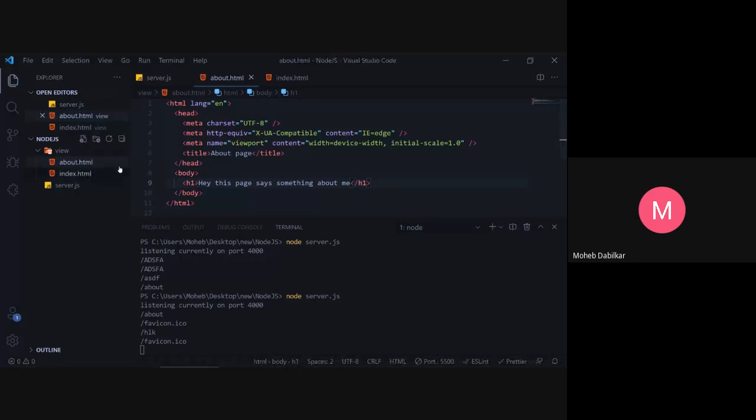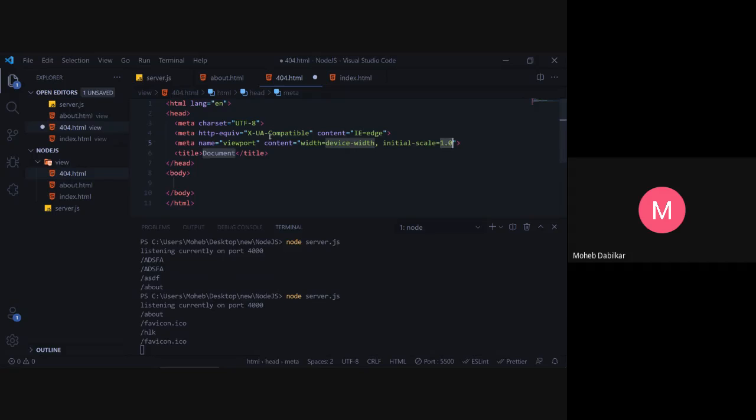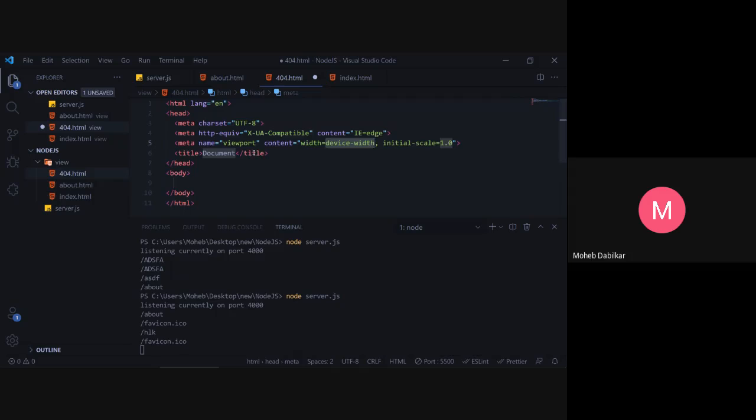Okay, and then we will create a 404 page also, which we'll be using later on. So let me just do this, and then you guys know what I'm doing over here, right? Because I am typing in doc. Okay, once I type in doc, and then it says embed abbreviation. So if you are also using VS Code, just by typing in doc and then pressing tab, it should come up. Okay, you don't have to type in all this.